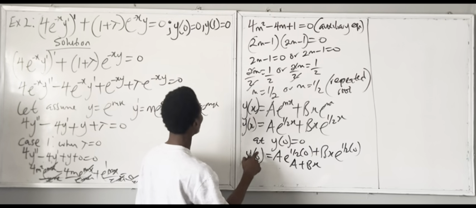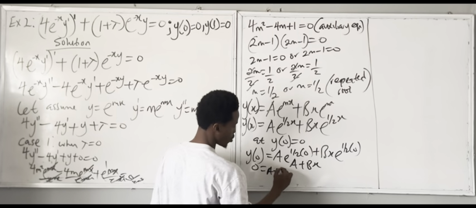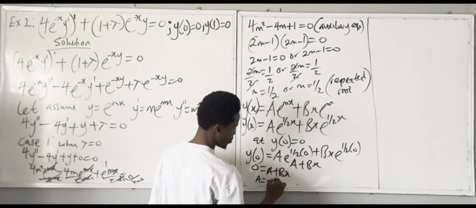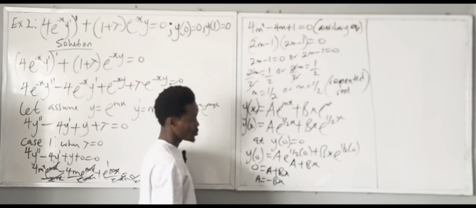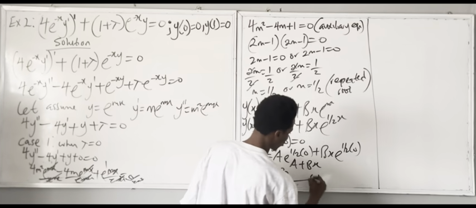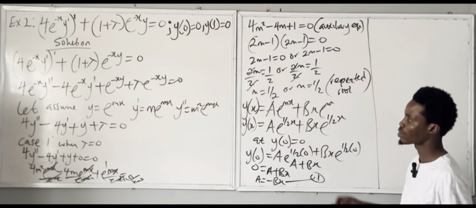So y of 0 is 0. So a is equal to a plus bs. So my a is minus bs, because if I take this one to here, I'm going to have a minus bs. I can include this one as equation 1. So my equation 2 is what? My second one is to